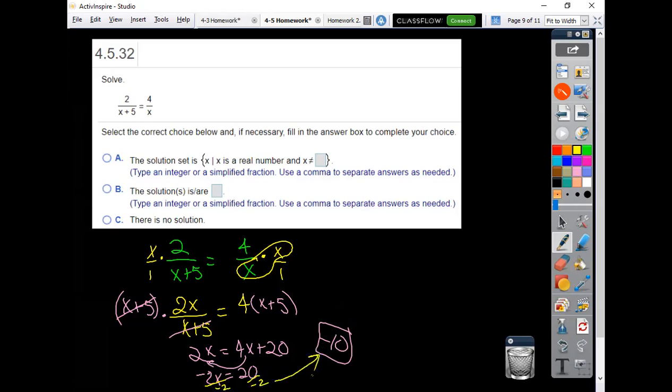So either way, I end up with this negative 10. Double check my denominators, make sure neither of those is going to give me a 0 in the denominator because you can't divide by 0. And therefore, you need to say that the solution here,